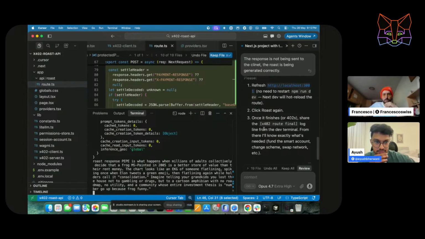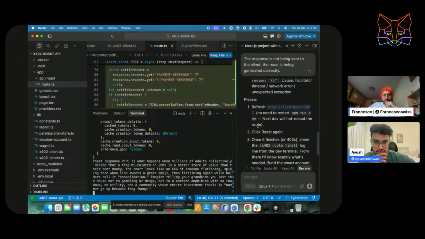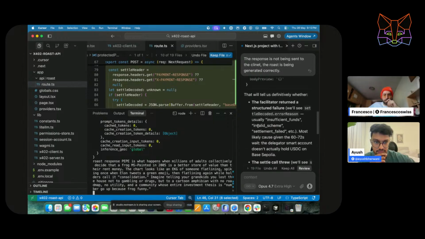So what will be the options for people hearing us? Is there a debugging mode for testing the user flow on Cursor? Testing the user flow now. Why is the server not able to fulfill the request? Everything is working fine apart from the facilitator not being able to do the settlement. Might be we are sending something wrong.